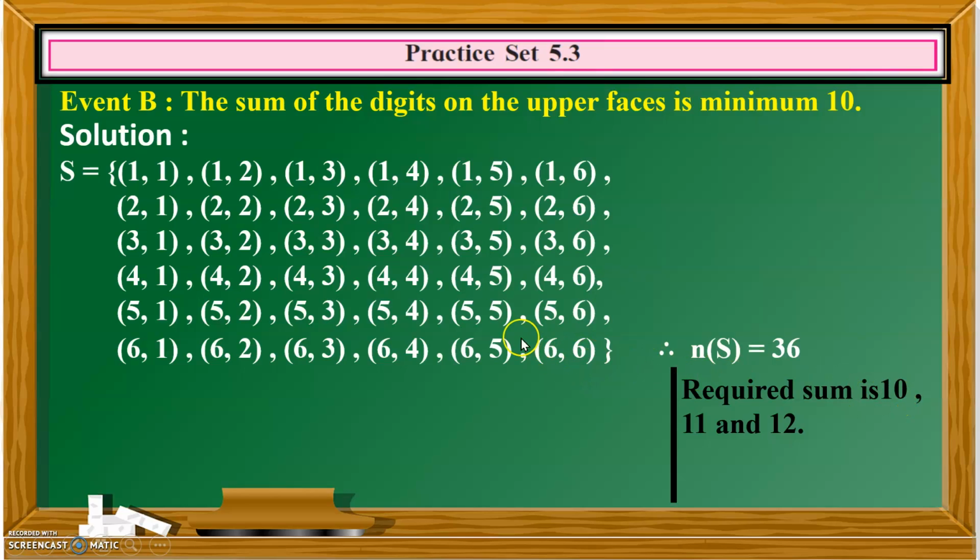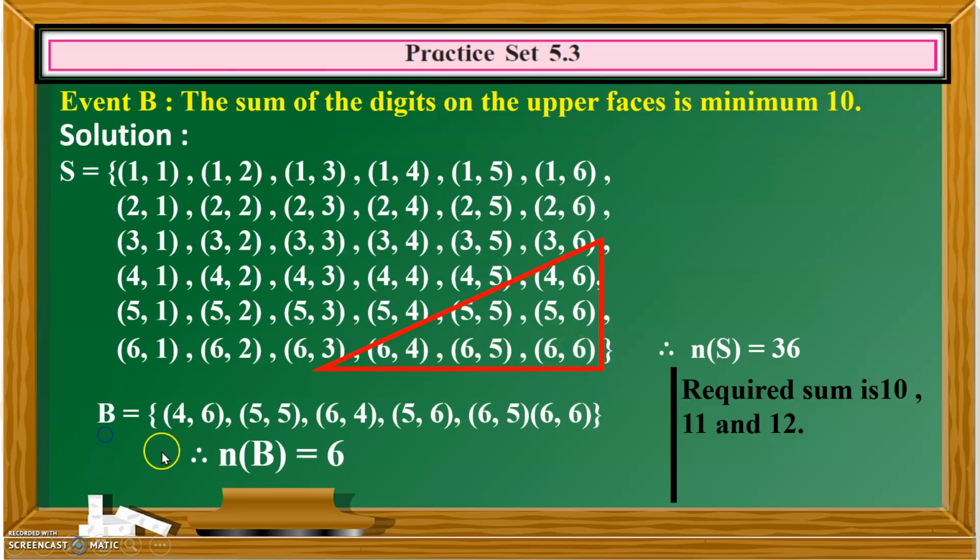Where is 10? Half of 10 is 5. So 5, this line, and below it. This is the frame around it which I have put so that it is easier for you to find out. See, here you will get 10, 10, 10. This entire line you will get 10. This entire line you will get 11 and this is 12.